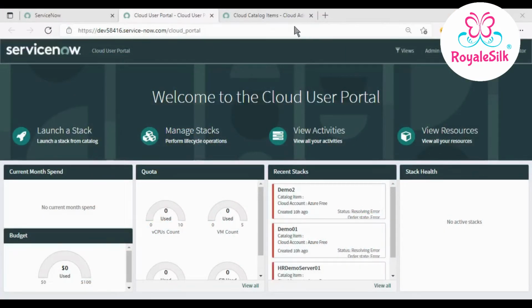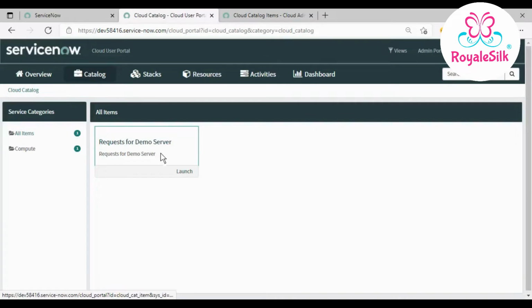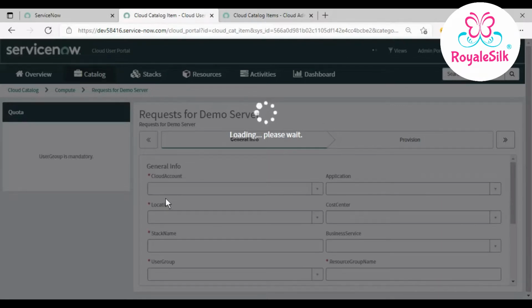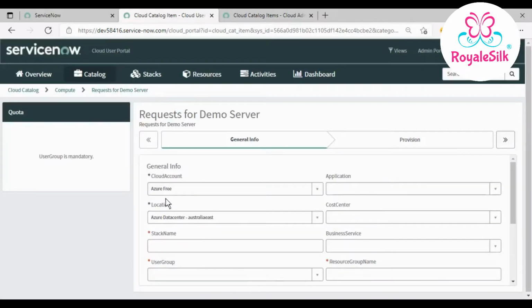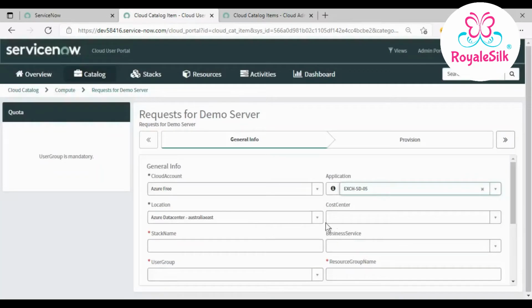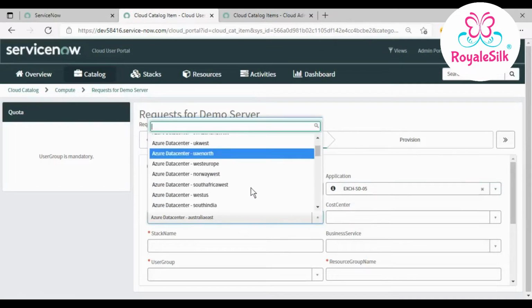So in this particular session, we are going to learn how we can submit the catalog request from the cloud portal. This is the cloud user portal, and we can launch the stack from here. When we click on Launch Stack, we can see multiple stacks available, which are created for that particular user group. Once we open this catalog request, we can see all the fields from